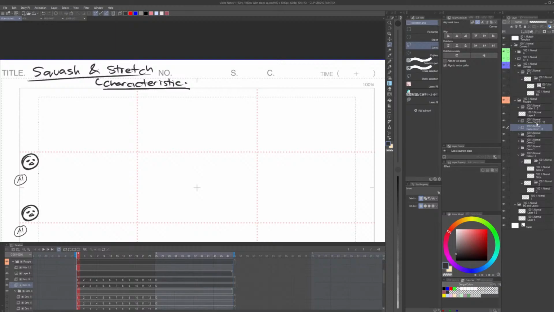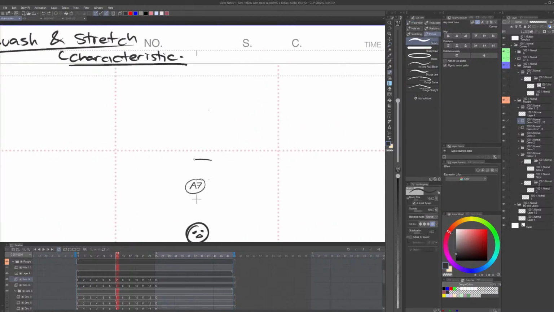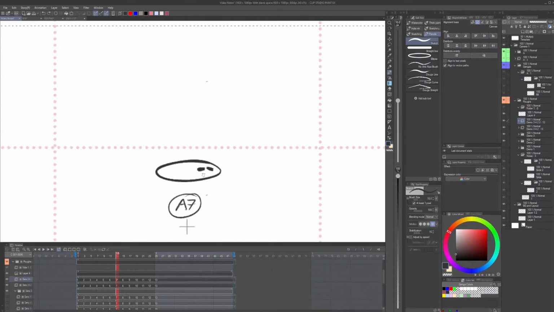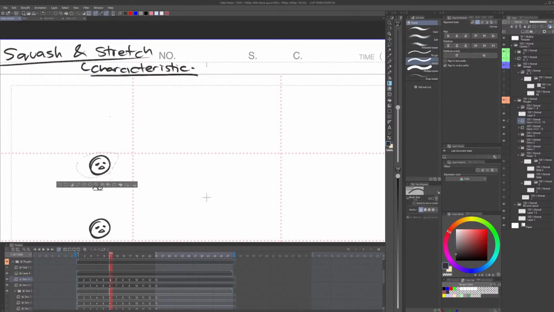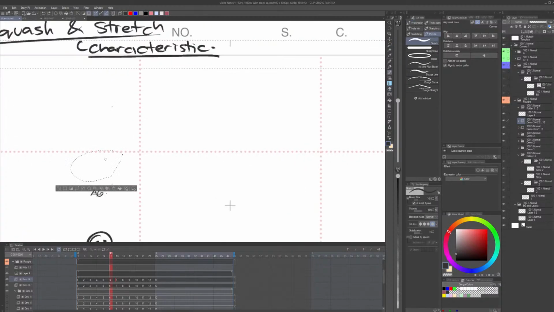When you're trying to animate speed wise, you can introduce a frame that kind of defines a frame like this, right? And then maybe here is just starting to be